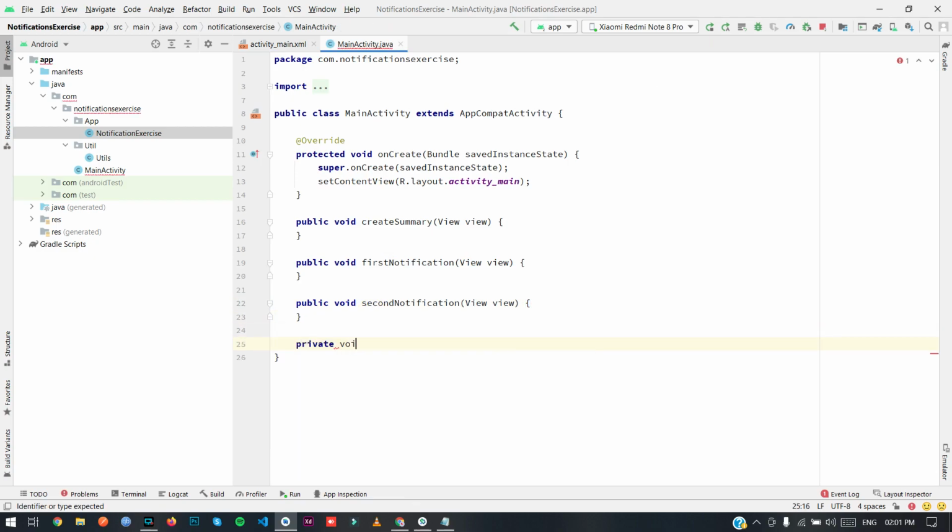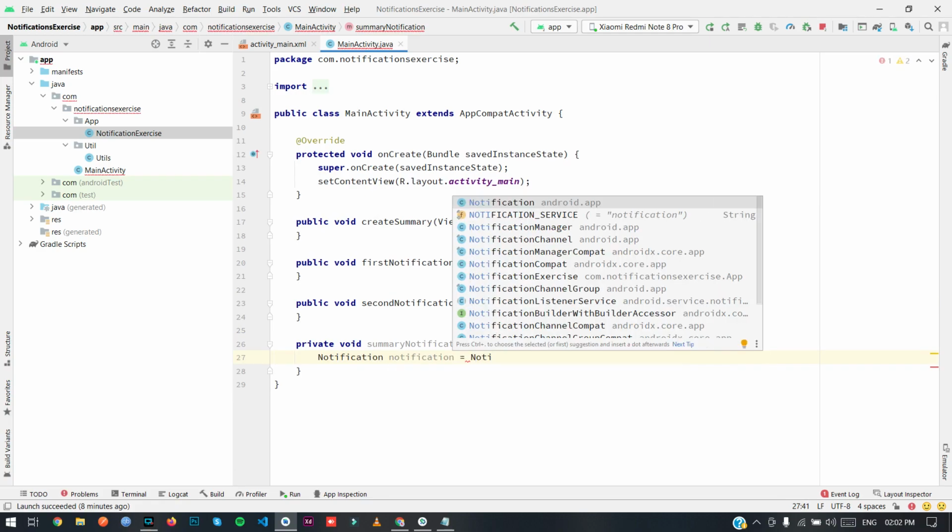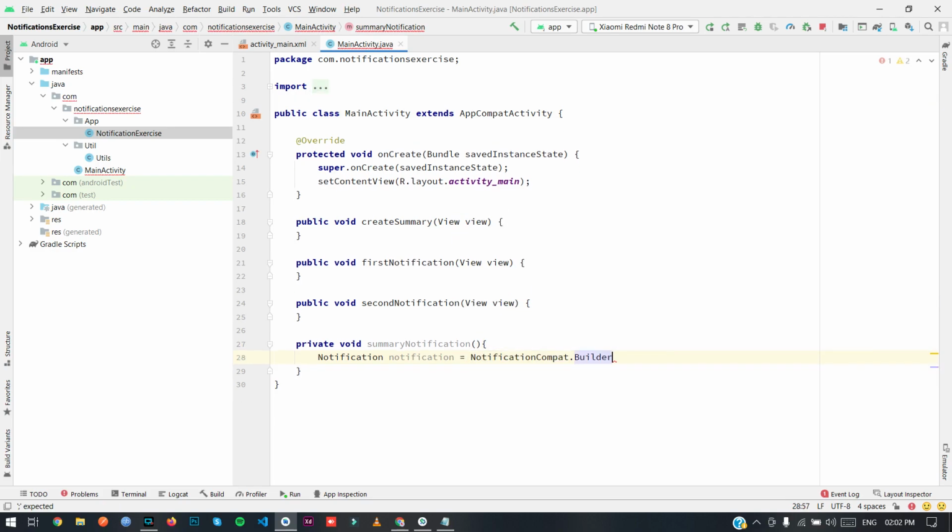So private void summary notification, and I'm going to call NotificationCompat.Builder, this.